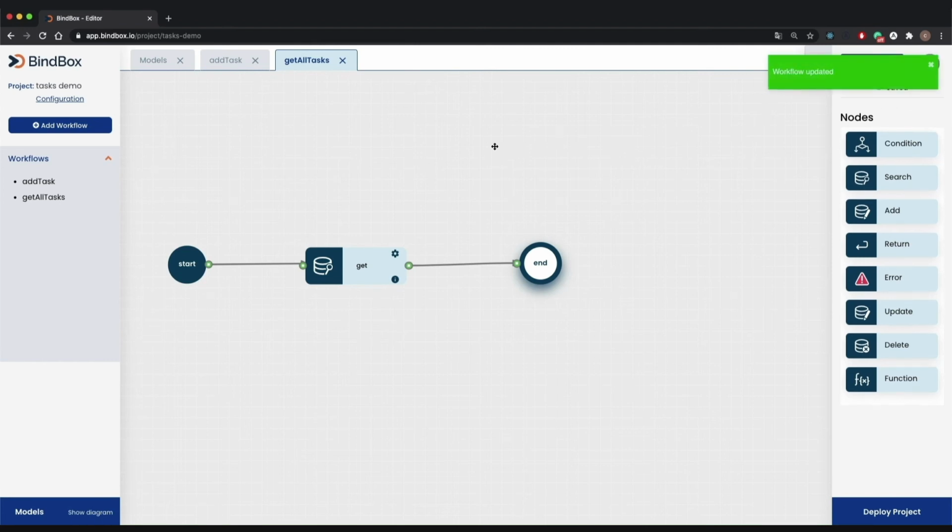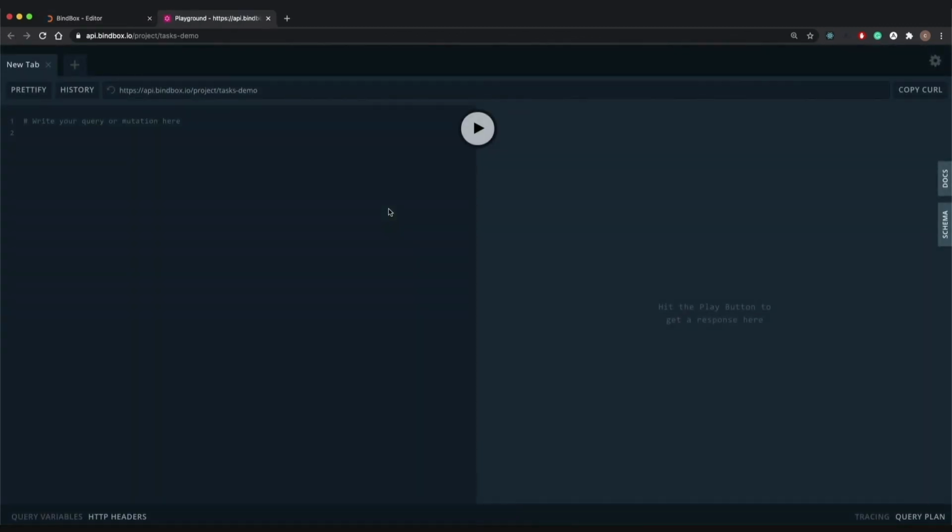To see it working, we simply have to click on the Launch button at the top end of the right bar and choose the Develop environment. By clicking on this button, the deployment process starts, which converts the workflows that you see in the editor into a fully functional backend. This backend will be exposed as a GraphQL API. GraphQL offers many benefits over other technologies like REST. Visit the GraphQL website to learn more.